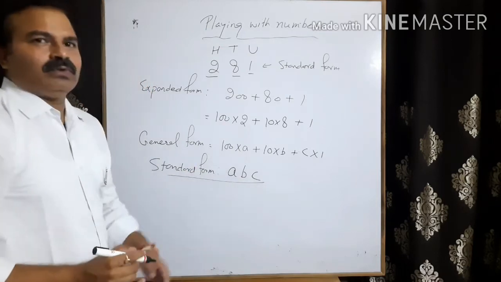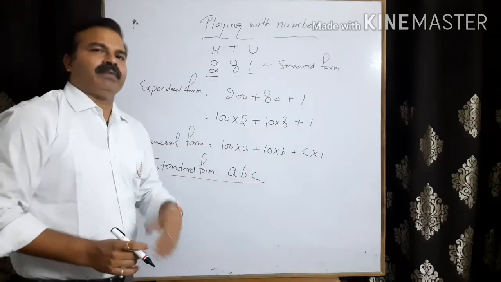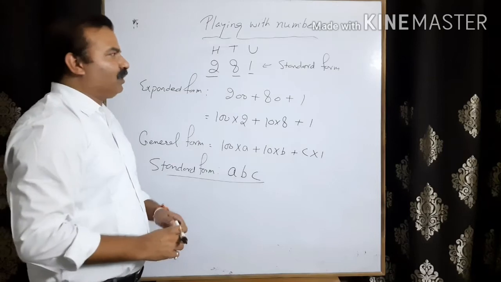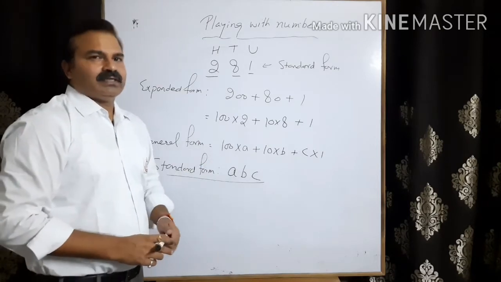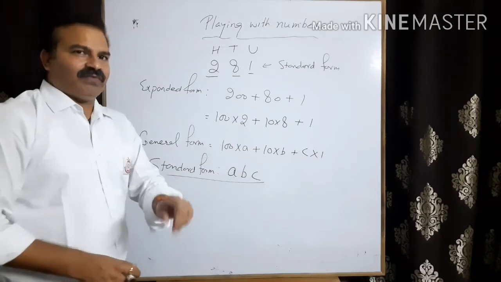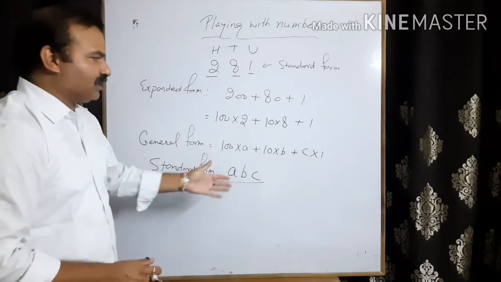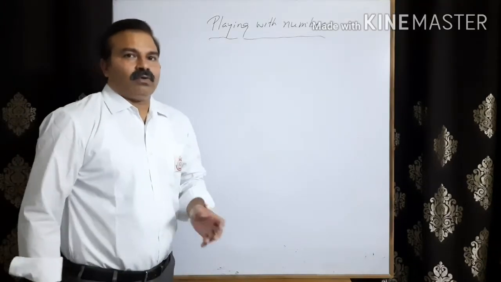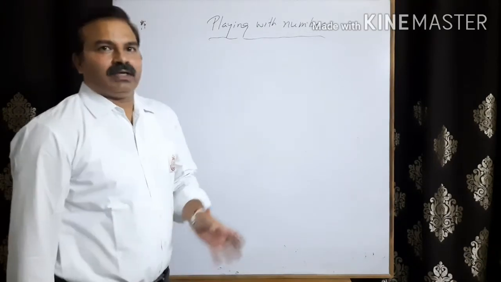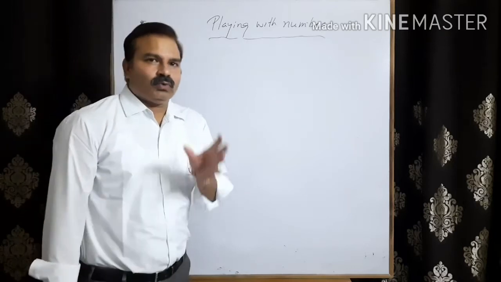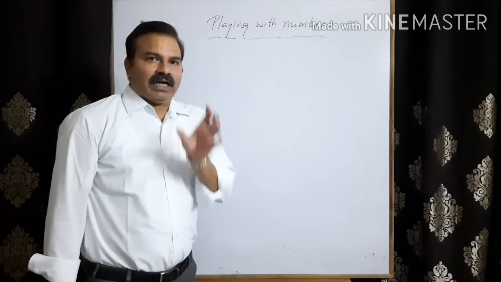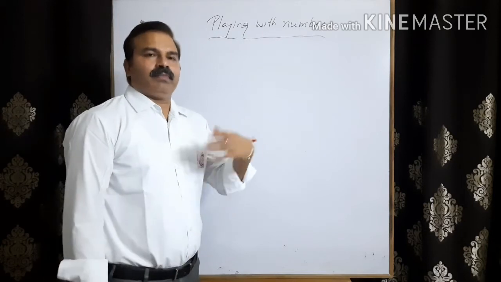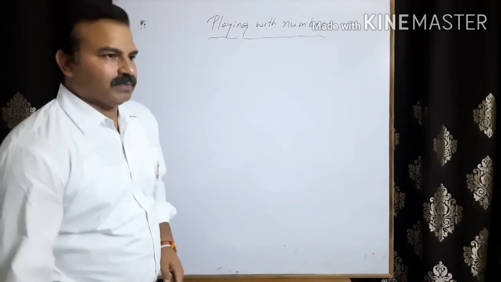This will help you in a few questions which will come in linear equation in one variable, or in two variables, which will be in the senior classes. But linear equation in one variable is in this same class, class 8. So this expanded form which I told you earlier will help. Now I'll give you one example where we will learn how to replace an alphabet by a number, or we can say what number will come in place of that alphabet. Fine.